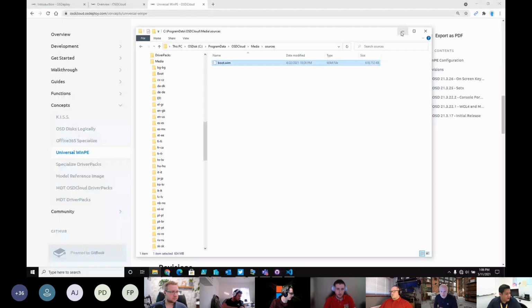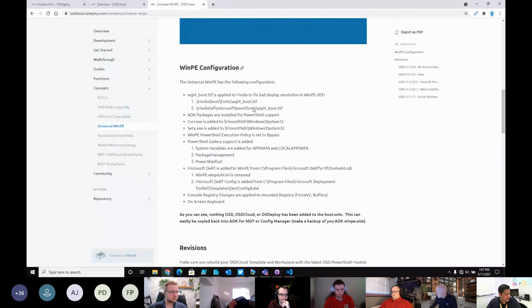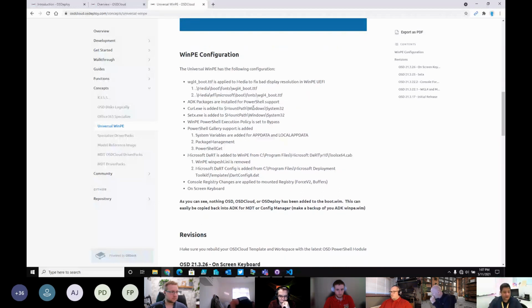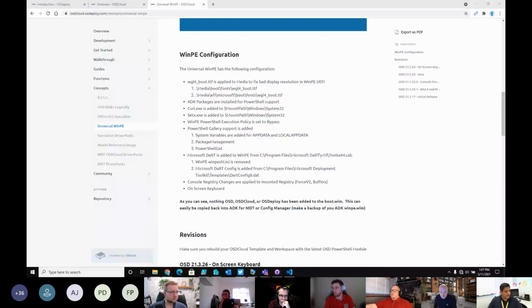Now, if you use WinRE, there are a little different changes. It is going to convert WinRE to a Windows Pre-installation Environment. So if you use WinRE, and we can see this when I run, I'm going to pop open another PowerShell window, and we'll just do this one.